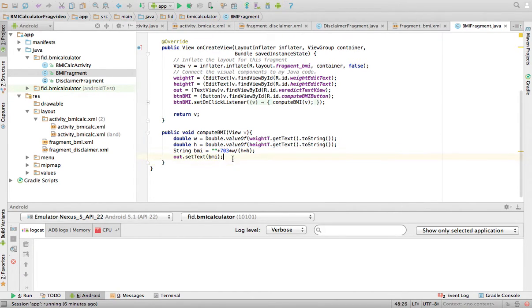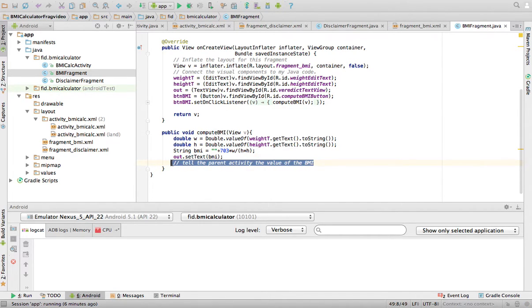And the other thing is somehow I have to tell the parent activity the value of the BMI. And the way I do this, well,